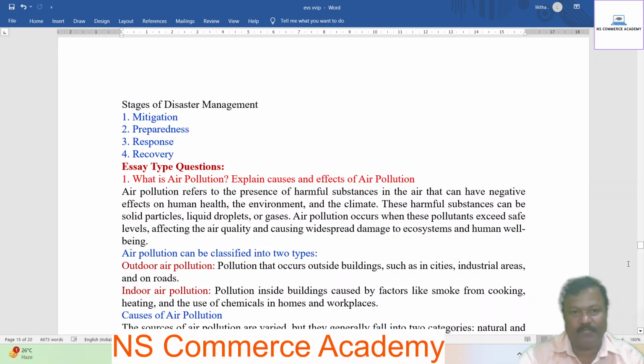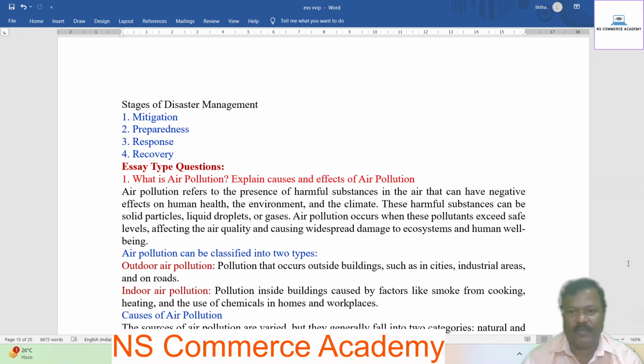First question: what is air pollution? Explain causes and effects of air pollution. Air pollution refers to the presence of harmful substances in the air that can have negative effects on human health, the environment, and the climate. These harmful substances can be solid particles, liquid droplets, or gases. Air pollution occurs when these pollutants exceed the safe levels, affecting the air quality and causing widespread damage to ecosystems